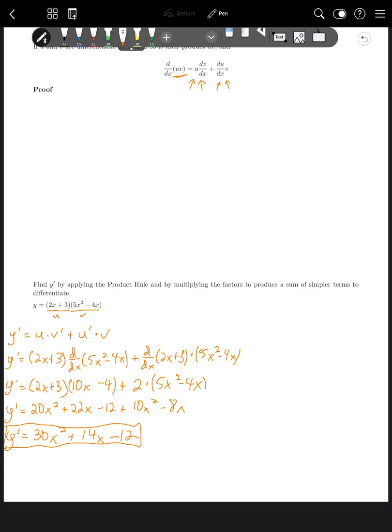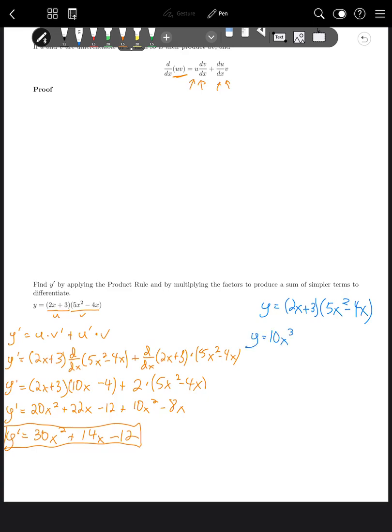Okay, so that's how you could do that with the product rule. Now, alternatively, and possibly a better way to do this problem would be to multiply this out. So we start with y equals 2x plus 3 times 5x squared minus 4x. We could just multiply these together. And if we do that, we get y equals